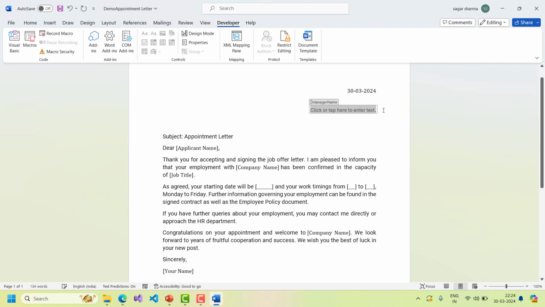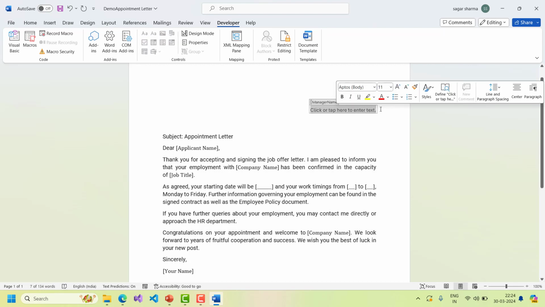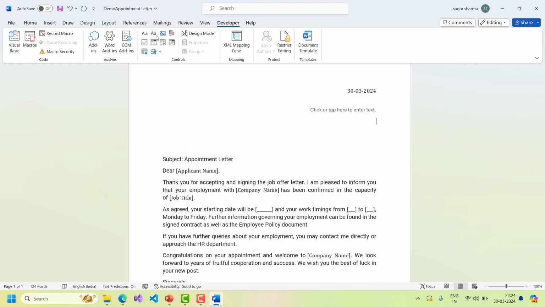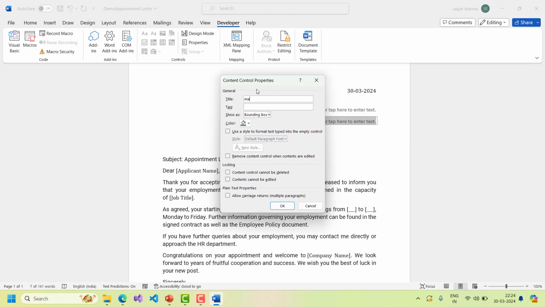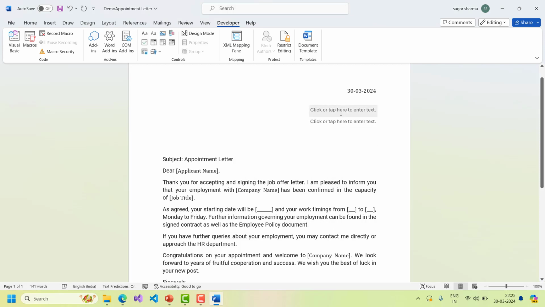And then this is there. I'll just press enter. And then I'll add this control again, and again I'll go over here. I'll say manager designation. Control E, Control V. This is done. Now these two controls are ready, date, manager name and manager designation. So similarly, what you can do, all the dynamic fields which you want to populate, just replace them with these